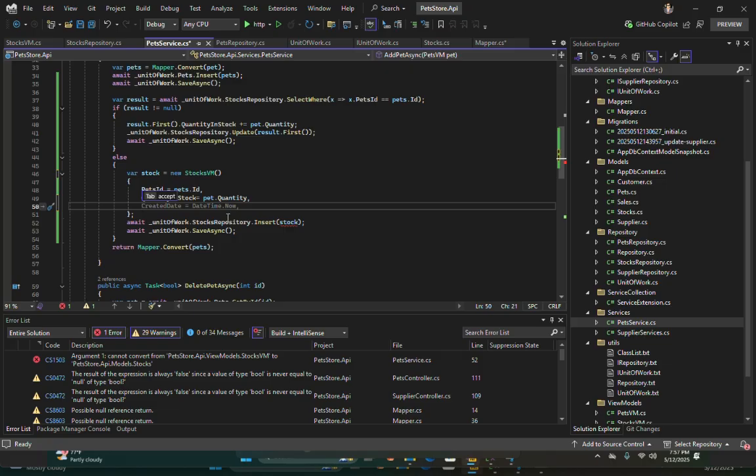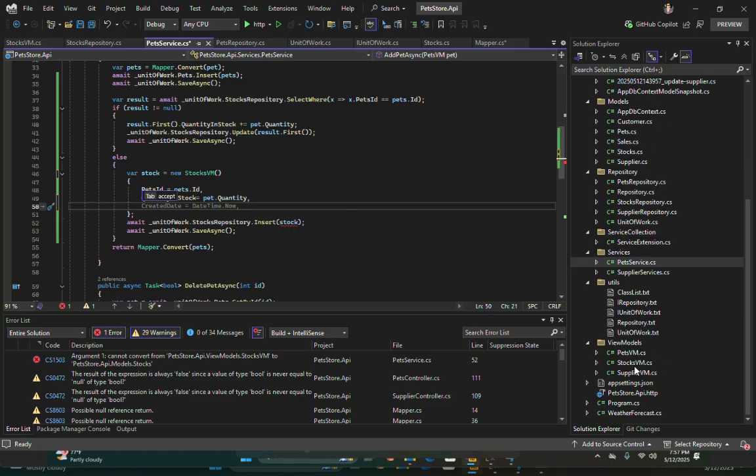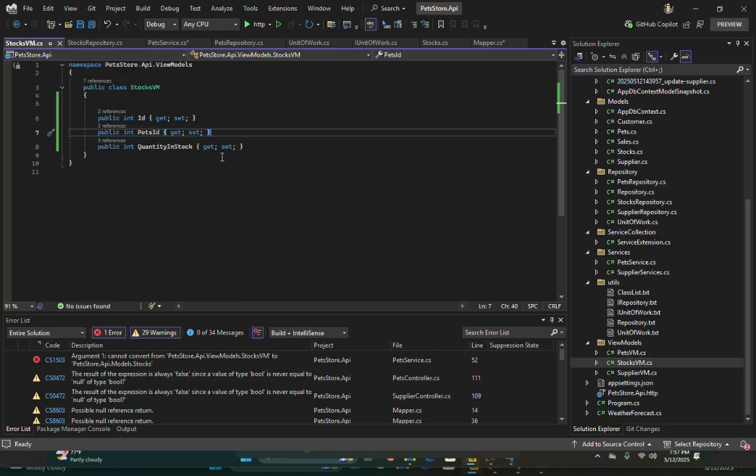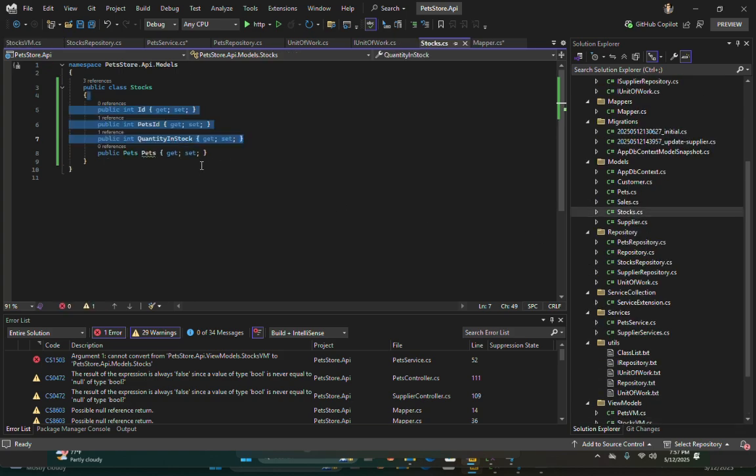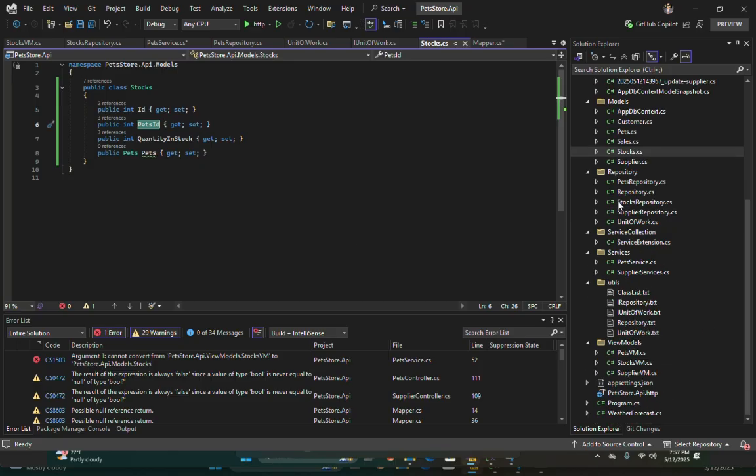There is not a created date. Actually I need default. Let's get here. Okay, only the quantity and the pets ID, I think. Okay, alright, I'm good to go.